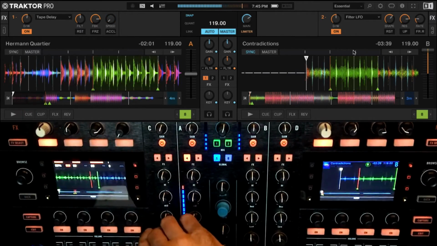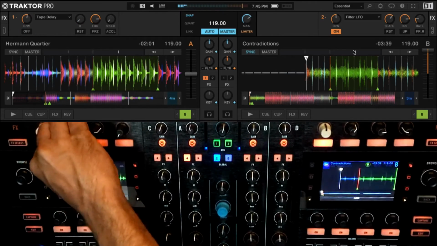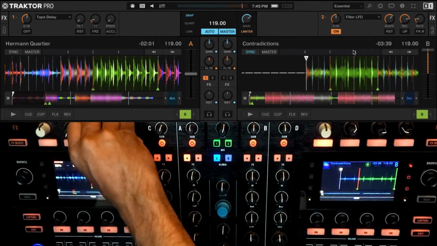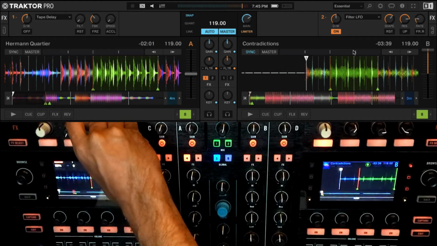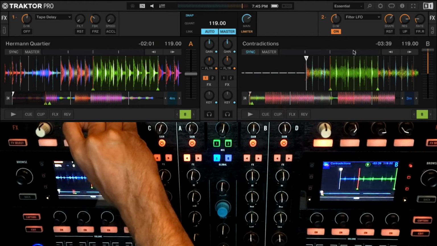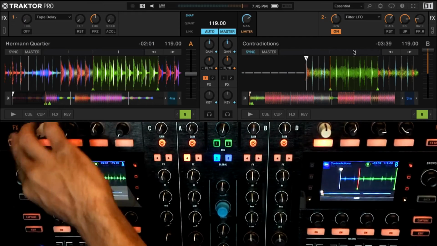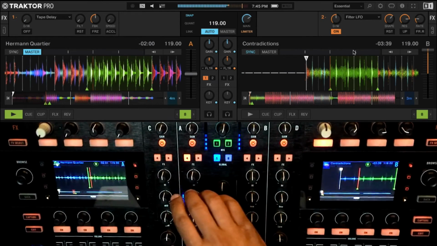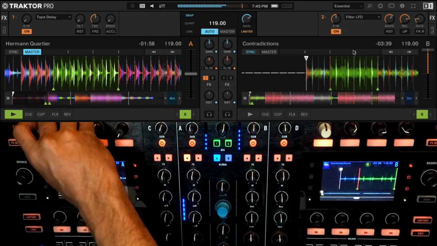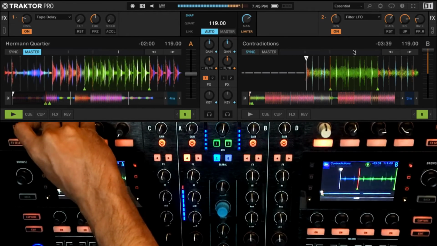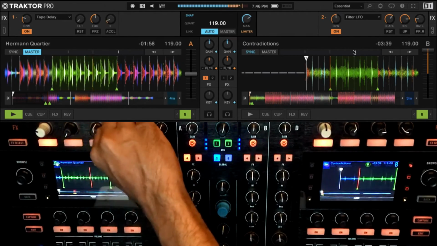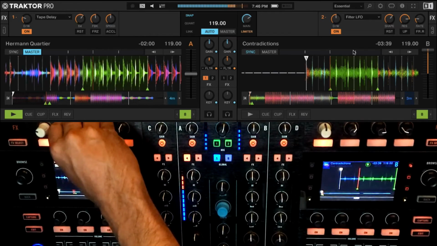One of my favorite things to do in the tape delay is to really crank up the feedback, freeze the effect, and then turn off the effect. I can just keep playing with the freeze. Let me show you. I would start by playing the track. Let me have some filter as well.